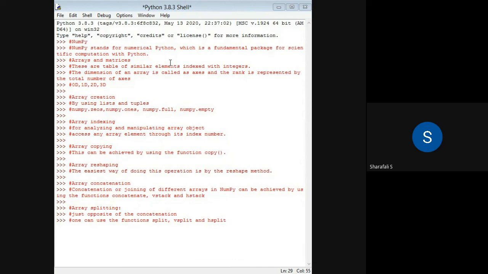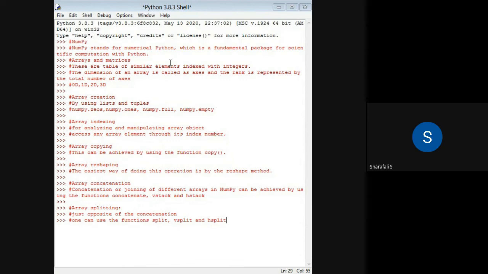So all these kinds of operations can be performed by using this NumPy module in Python, and it is very useful when we are doing programming, because we can directly import some of the important functions or methods available in this particular module. When we do the program, this module is very helpful, especially when you are doing numerical calculations and arithmetical operations with arrays, matrices, etc.